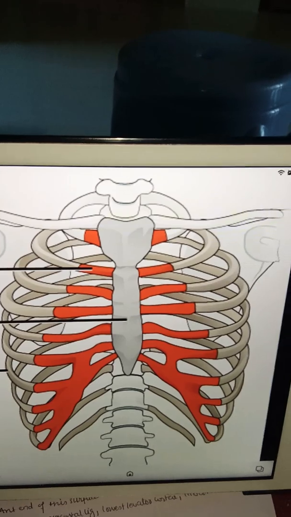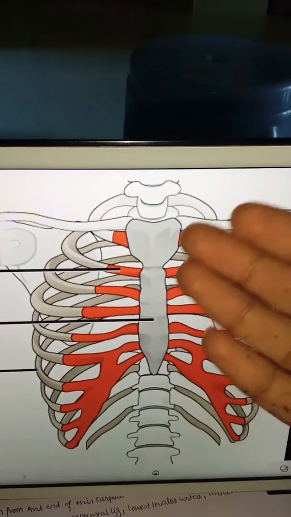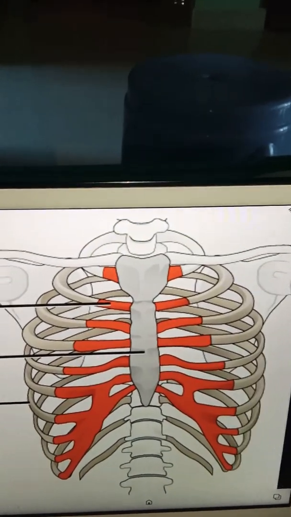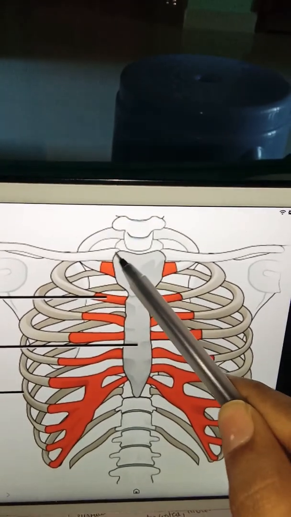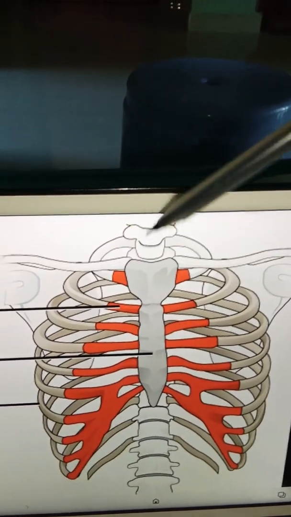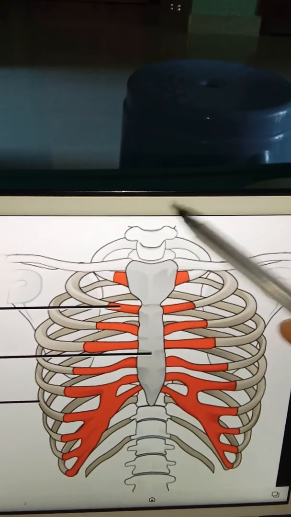And now we'll talk about the posterior surface. What you are seeing now is the anterior surface. So imagine the back of it, that is the posterior surface. The first cartilage gives origin to sternothyroid. Of course you can understand because the sternothyroid and sternohyoid muscles are going into the inlet of the thorax, right? So they will be on the posterior side of the first cartilage.